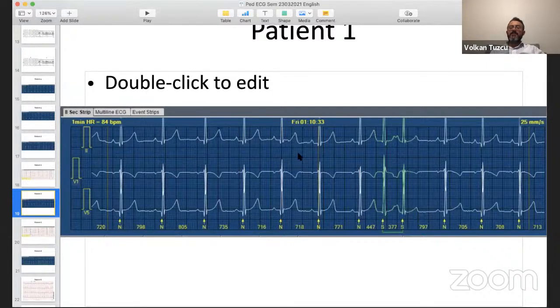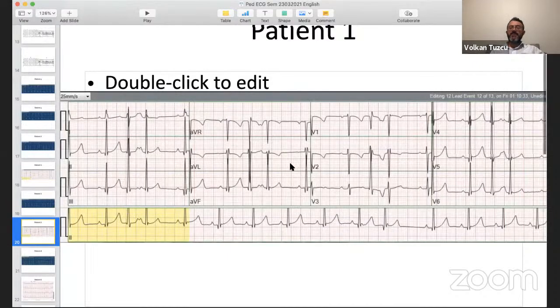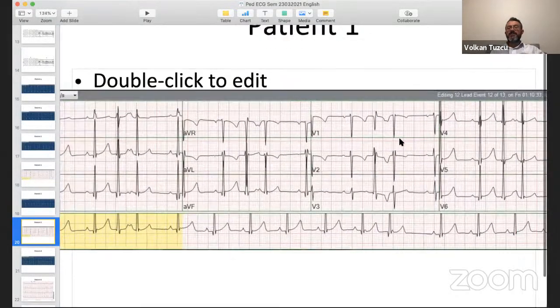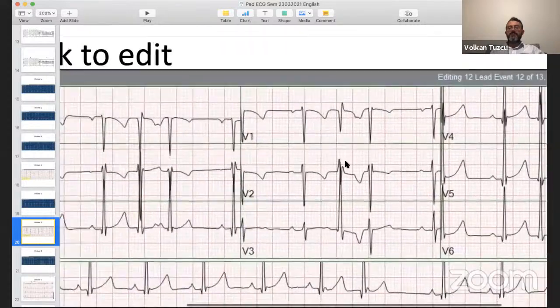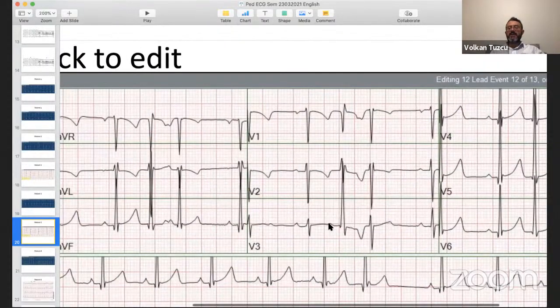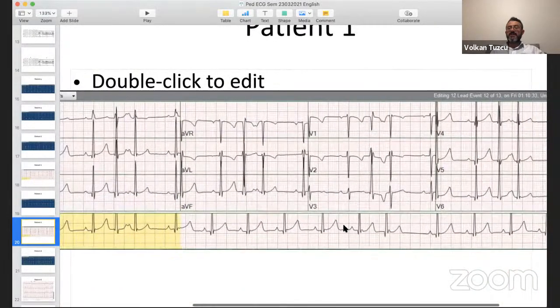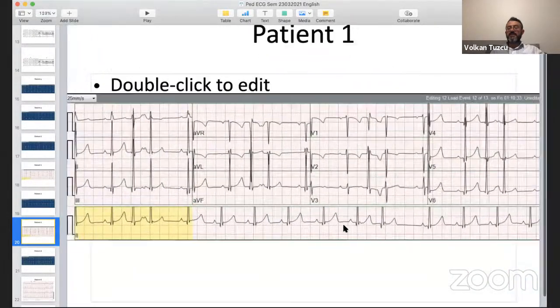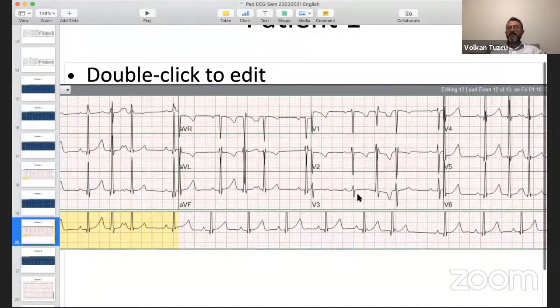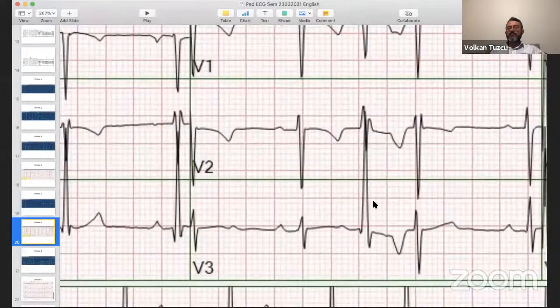For any PVC, one question is how wide the PVC is. Anything not intrinsic and with a different morphology that's coming early is a PVC, right? So look at this. This QRS is just slightly wider, not too much, but that's enough. Ventricular PVCs are like that. They are not always that wide, but they are always a little bit wider, right? So this is your baseline QRS, and this is your PVC.